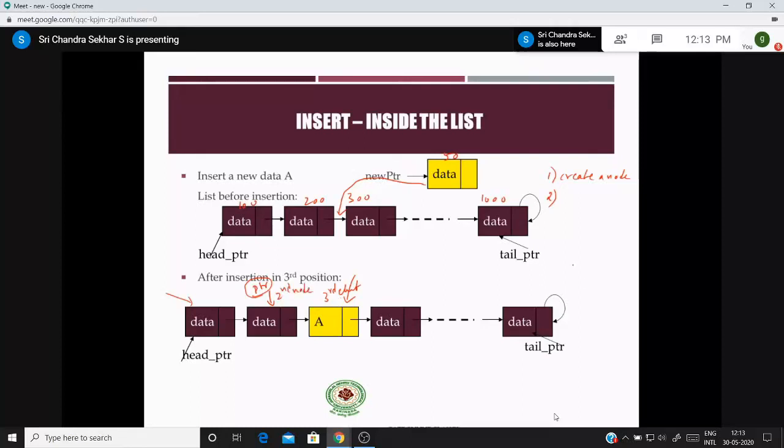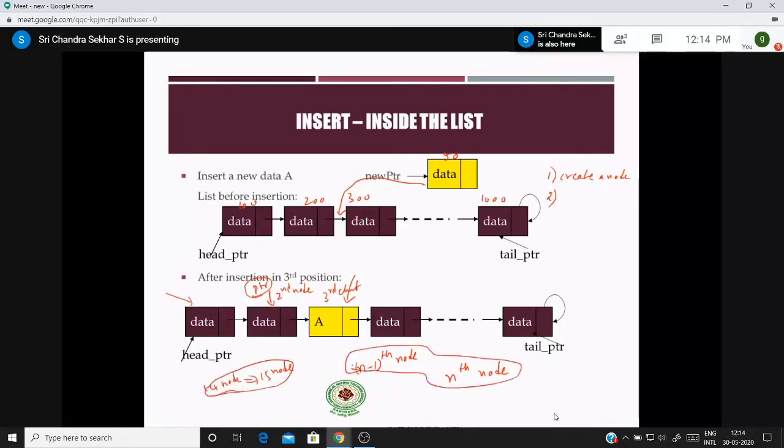So if I want to insert an element at the nth node, it is mandatory that you should have a pointer to the n-1th node. If you take one more example, if I want to insert an element at the 15th node, I should have a pointer to the previous node, which is nothing but the 14th node. If you observe this analogy, which is very important for the next discussions.